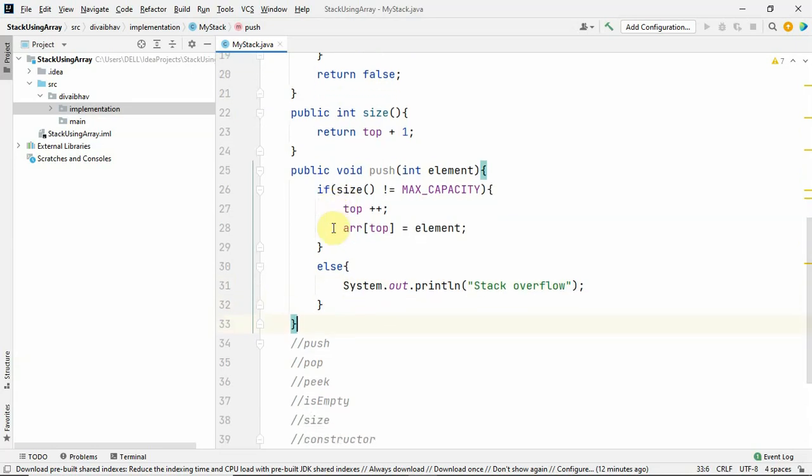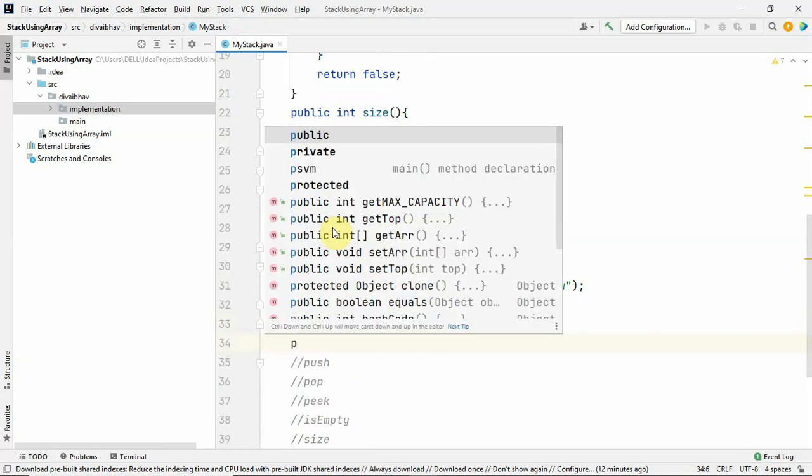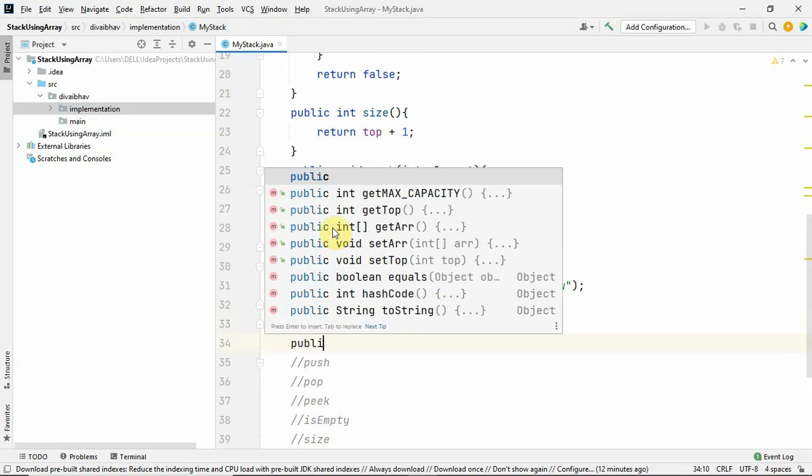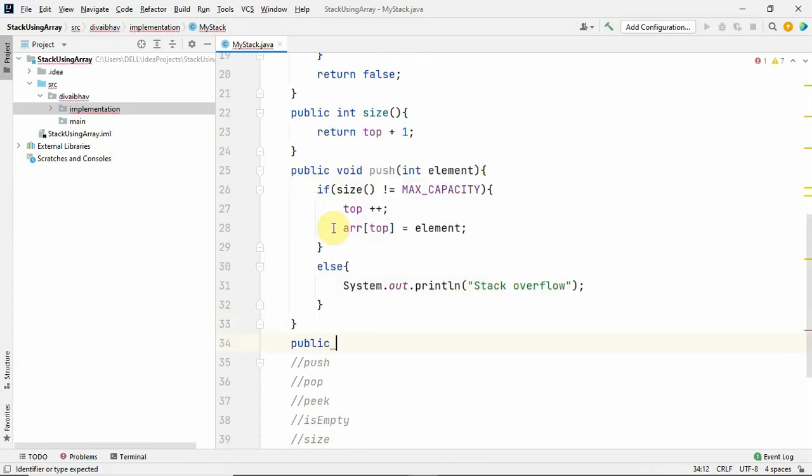Now we are going to create the next method, that is pop. What is a pop method? That is the deletion, the removal of an element from the stack. The return type of the pop operation is the type of element the stack is going to store.